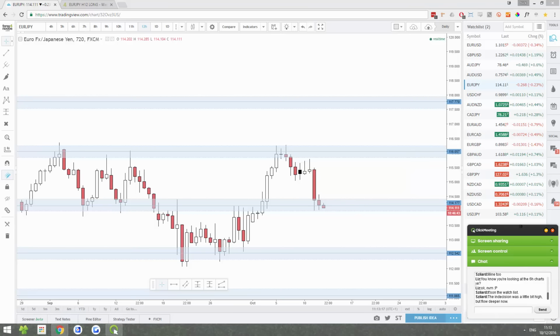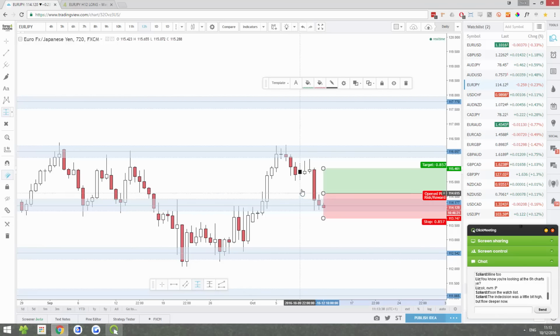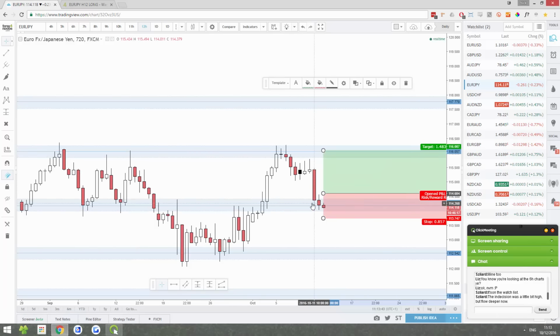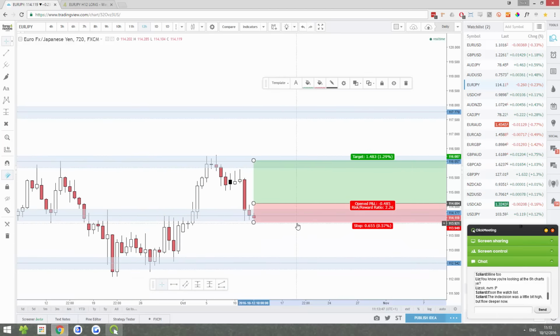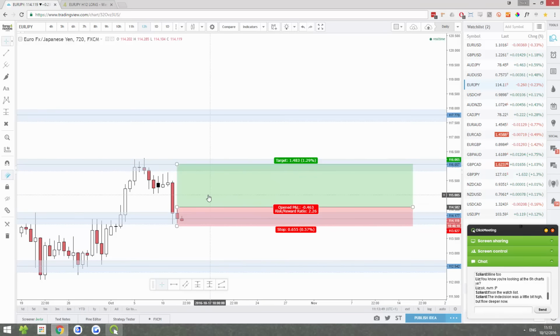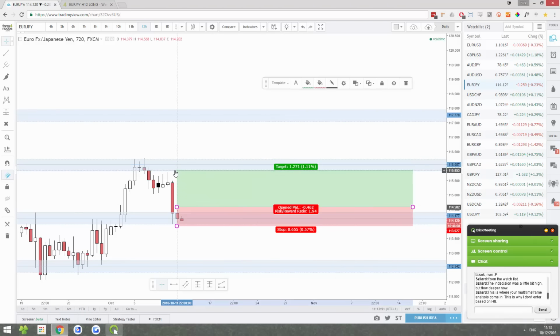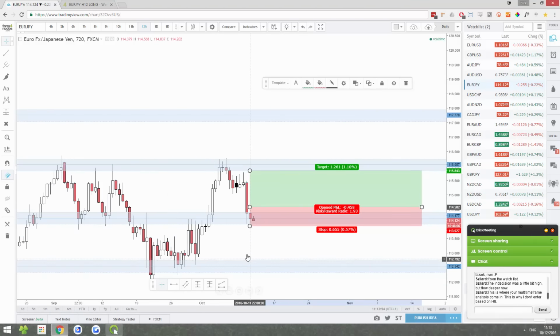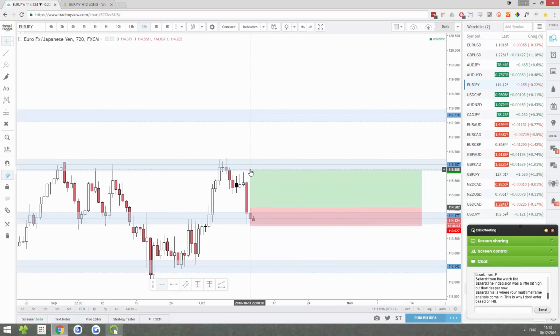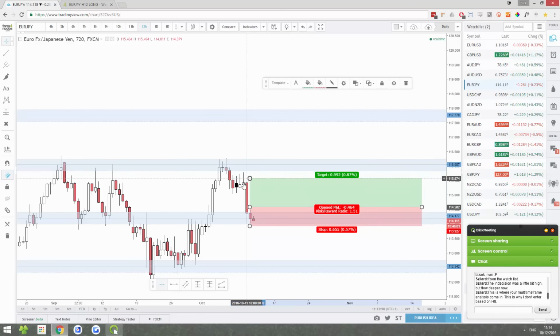So what I'm thinking is, if we can get a good risk to reward ratio on this. I really like these kinds of trades where you catch the short and then it bounces from the next support area and it goes back up. Yeah, risk to reward ratio is kind of okay. I mean, it's a bit tight, but